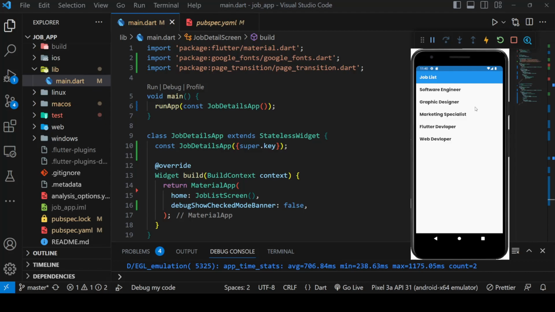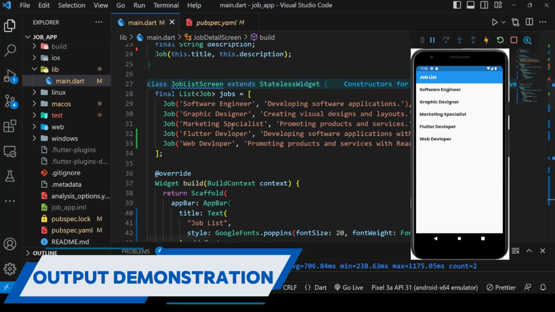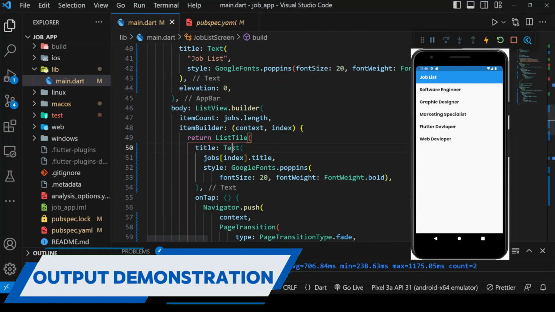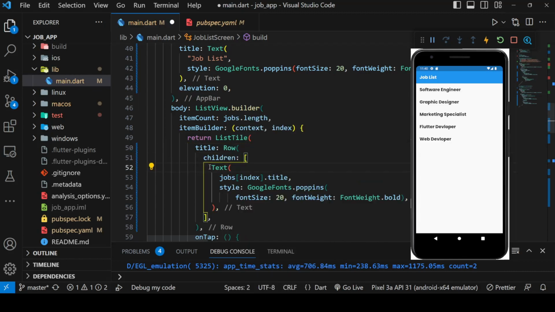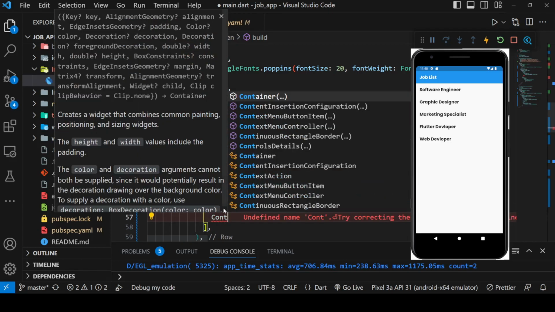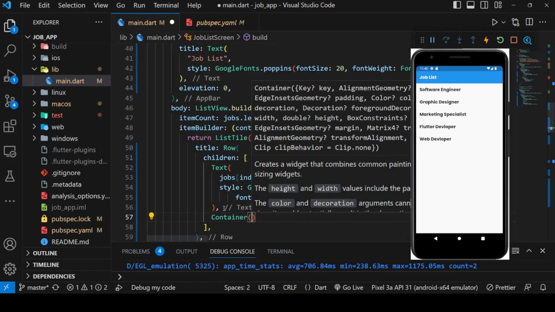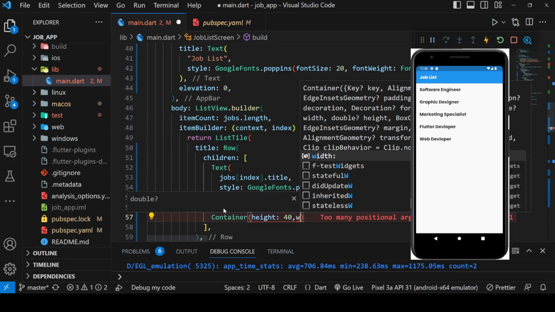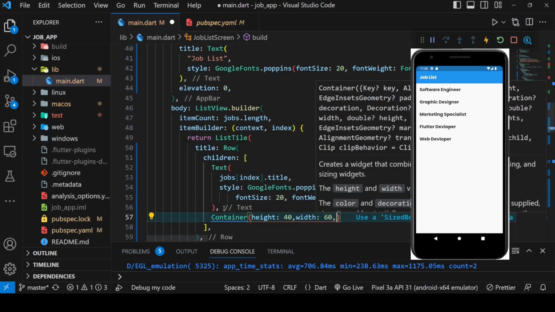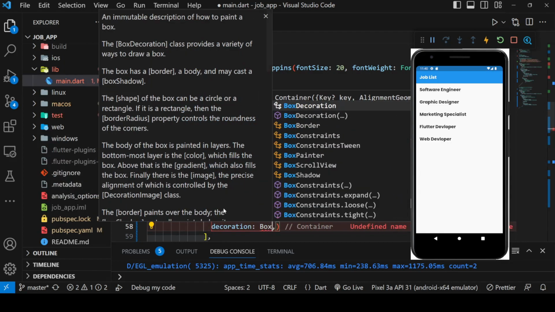So here are the details for all the jobs. So the thing we can add is list style. We can add this inside a row, and after this row we can add a container. Inside container we can add a height. Let's make it 40 and width of 60 with decoration of box decoration